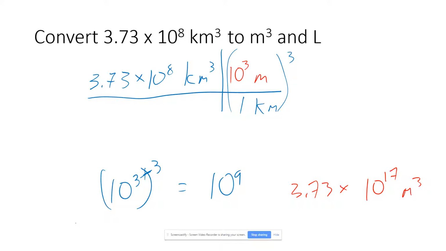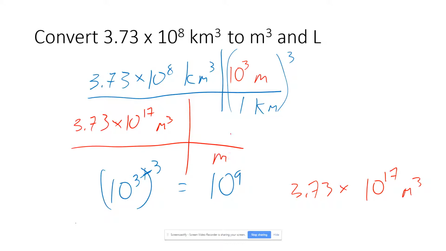And now we need to convert meters cubed to decimeters cubed. So 3.73 times 10 to the 17th meters cubed. We need to go from meters cubed to decimeters. And that's because by definition, a liter is a decimeter cubed. Now, what I stressed in class